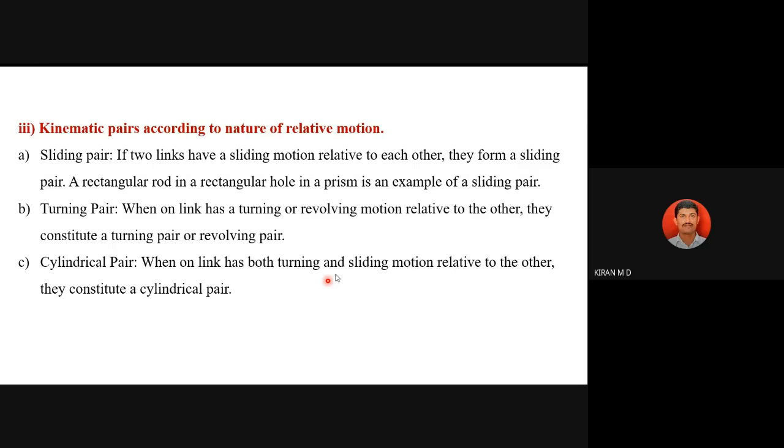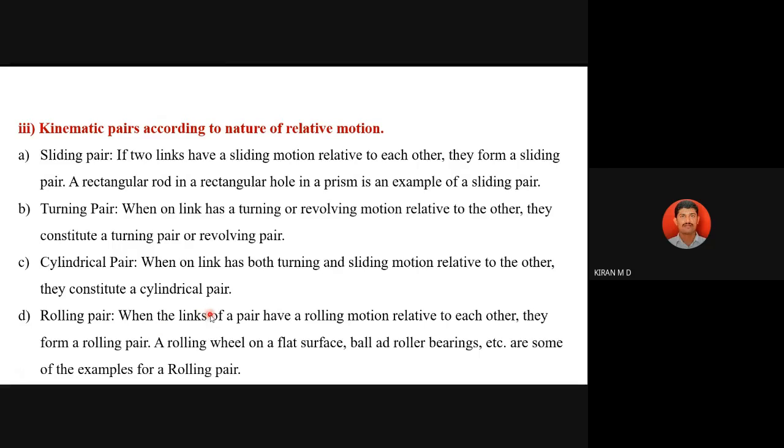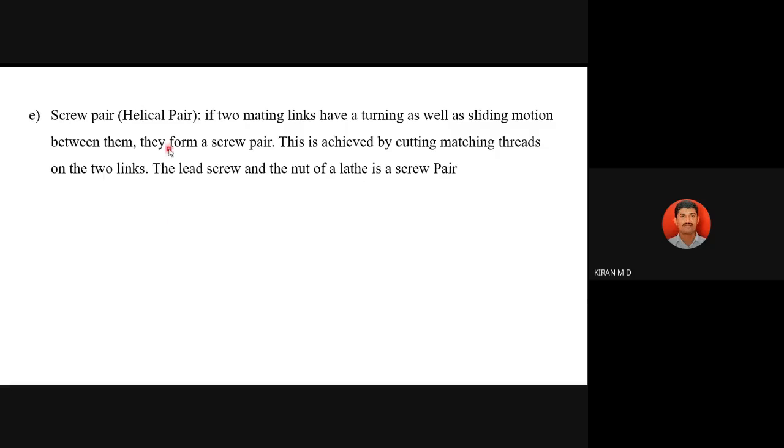Next is the rolling pair. Absolutely, a ball or roller is rolling on the surface, or a wheel is rolling on the road surface. That we are going to call the rolling pair. Next one is the screw pair or helical pair. It is the motion between